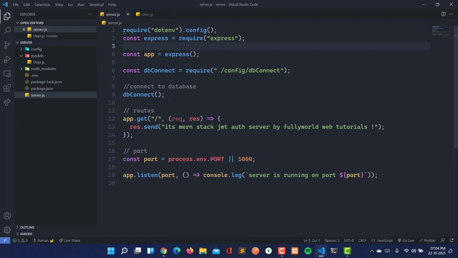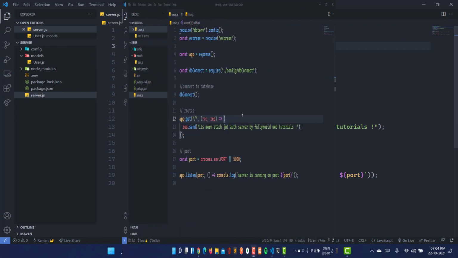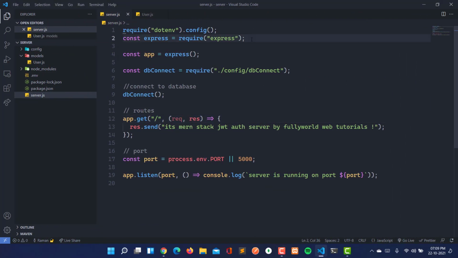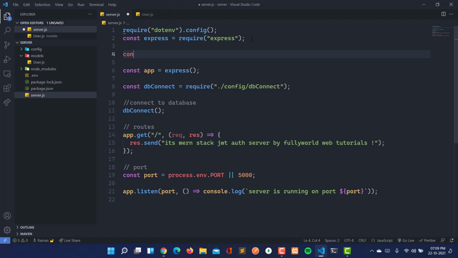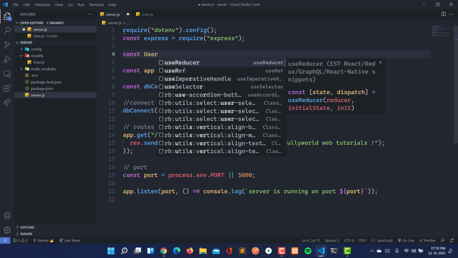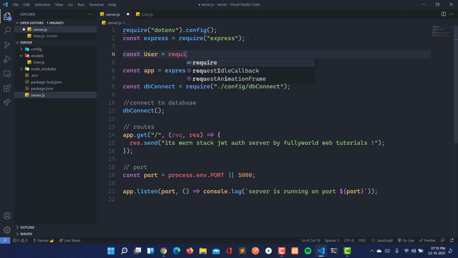Now let's test this. To test this schema, first of all let's import this user model, that is require user. In the same folder there is models, and under models there is our user.